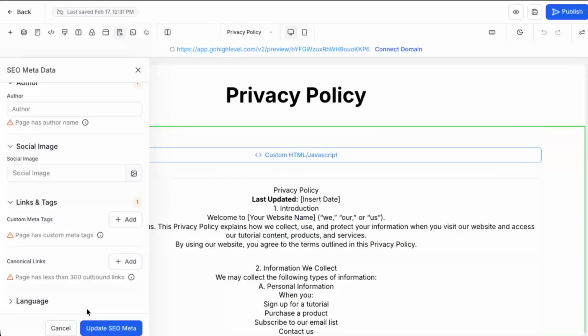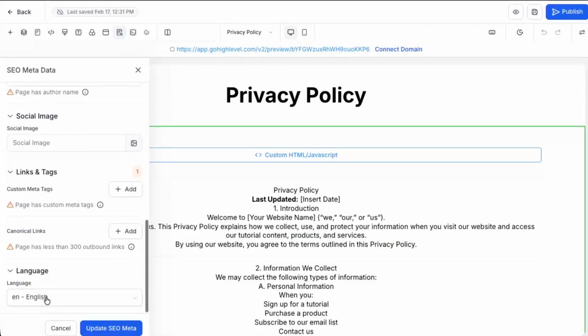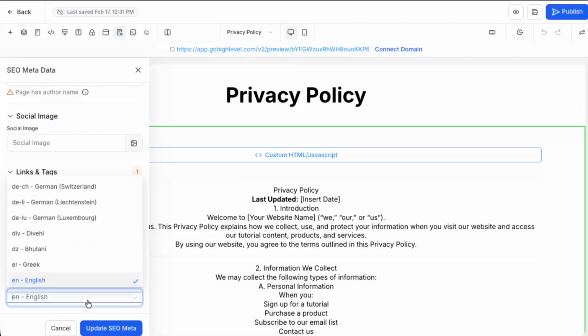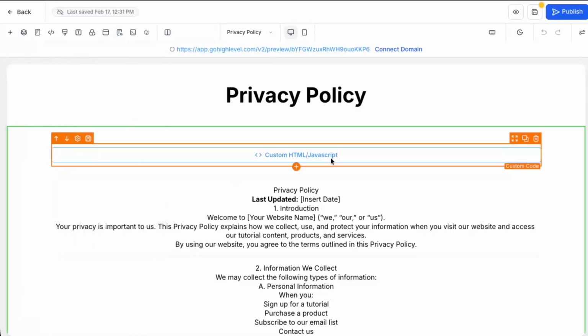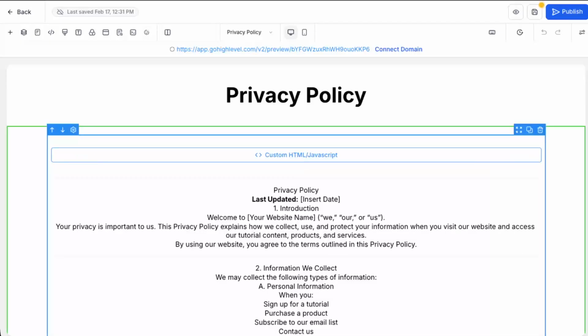If necessary, click on Language and adjust the language settings so they match the primary language of your page. This helps search engines understand your audience better. Once you're happy with everything, scroll down and click on Update SEO Meta. This saves all your changes and applies the SEO settings